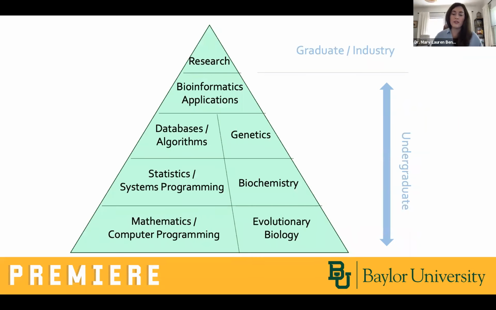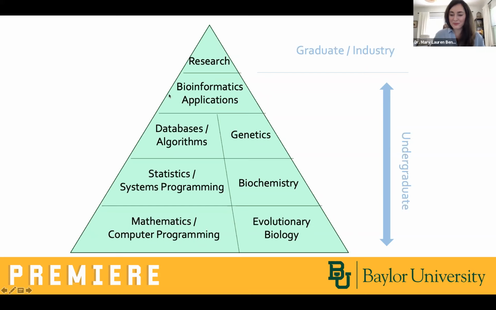And so students in our bioinformatics program spend their time at Baylor developing what I think is a really strong foundation, at the base of this pyramid. In this undergraduate section, students start by building a foundation in mathematics and computer programming, as well as in these really foundational concepts in biology, like biochemistry and genetics and evolutionary biology, and then moving along in your degree to build some expertise in statistics, databases, and algorithms,